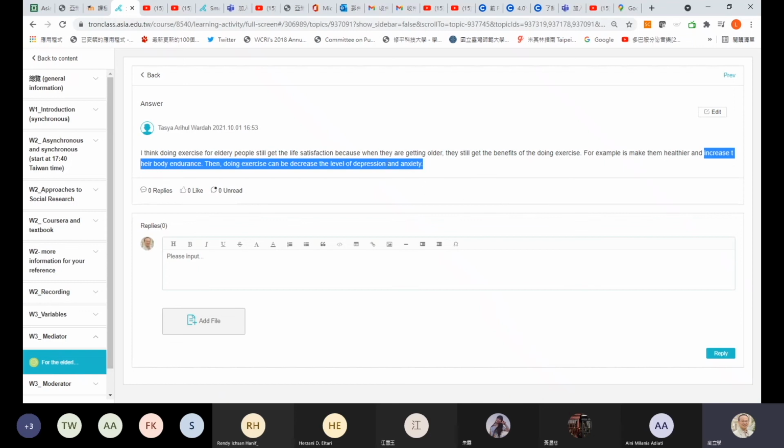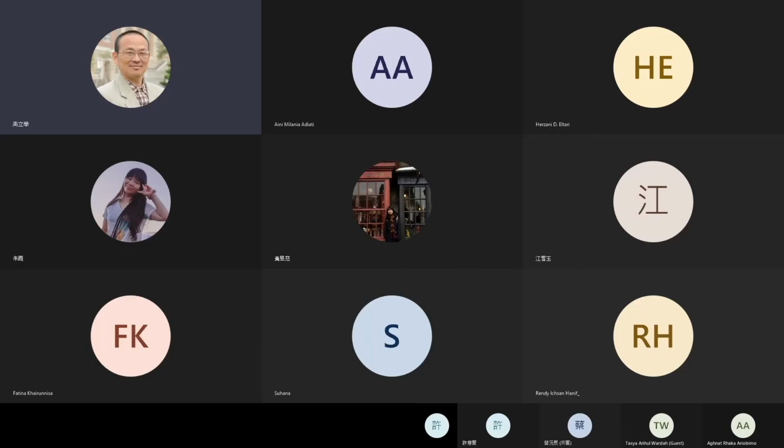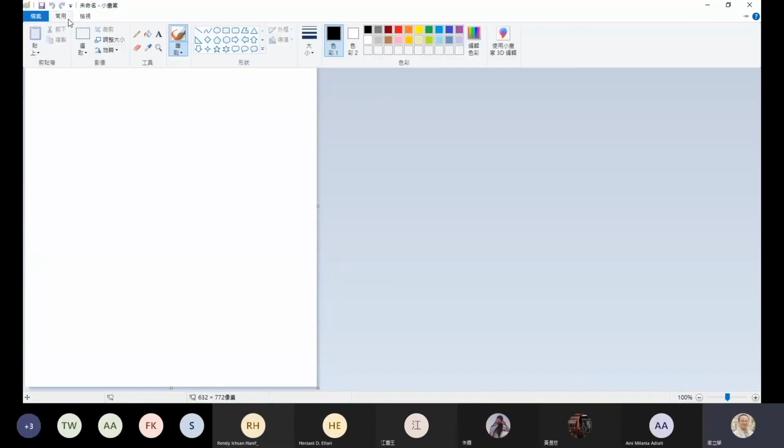Okay, let's try to provide a concept mapping for this one. And then this is a very good conclusion for today's class. Let me show you and use this to explain the mediator. Okay, so here I will try to use this example to explain what mediator means and why